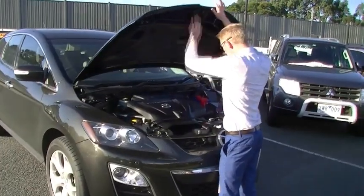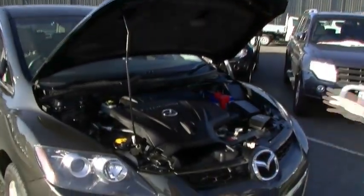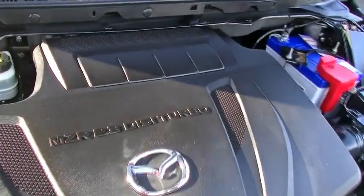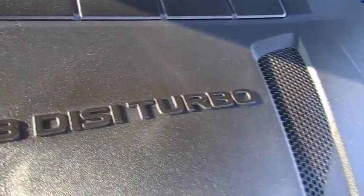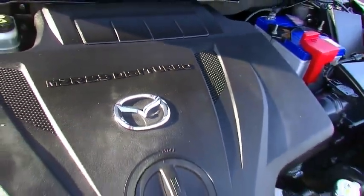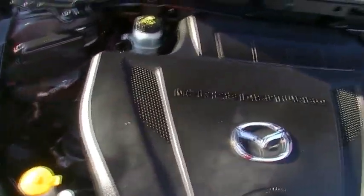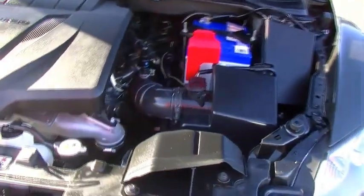Simple release of the latch, bonnet stay goes up, holds it nicely out of our way. What you're looking at there is not only an incredibly clean engine bay, but a 4-cylinder 2.3 litre turbo engine that'll give you 175 kilowatts of power, 350 newton meters of torque. Put that with the 6-speed automatic all-wheel drive transmission, and you're going to get on average 11.5 litres combined to